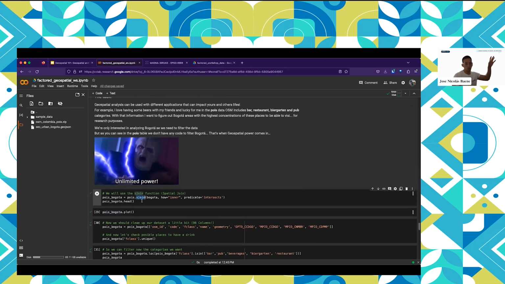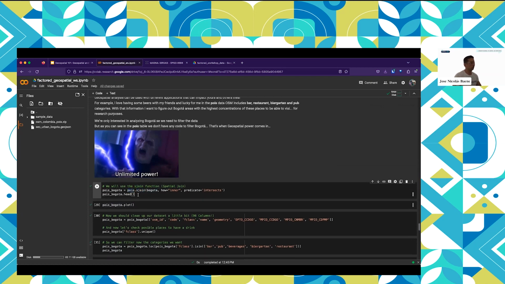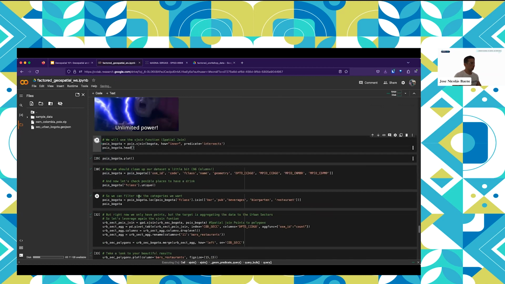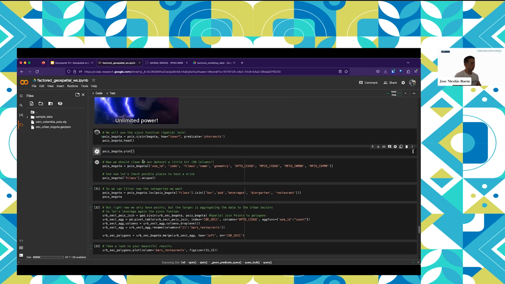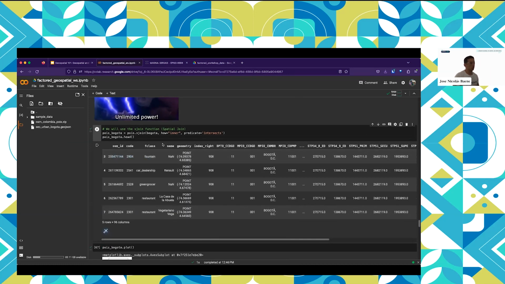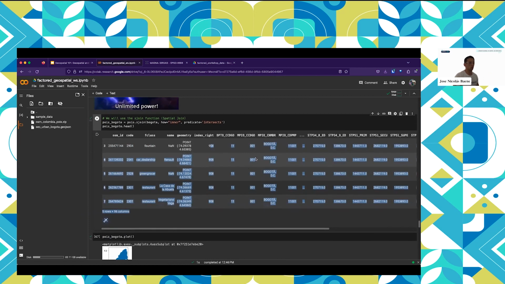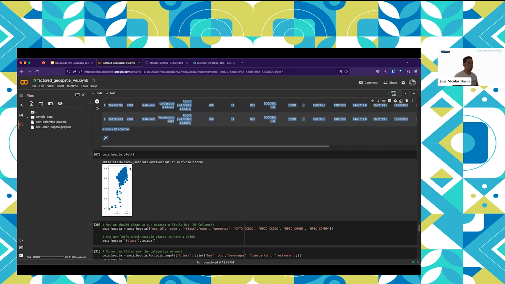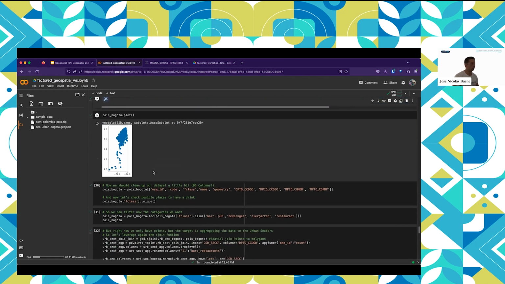You remember spatial join from the presentation? This is the function in GeoPandas. So what I'm doing here is just adding Bogota data to the points of interest. And when you see it, you will see that right now, after we get this part done, we'll have the points, as you remember, with the name, the class. And right now we have information of which of those are from Bogota. So, okay, we have filtered it, and now this looks like this. So yeah, that's an improvement on our data.